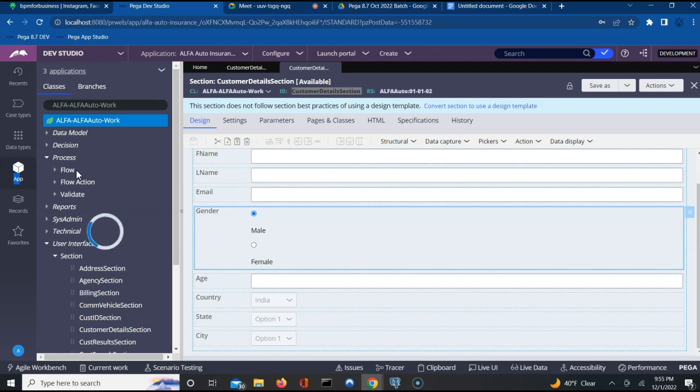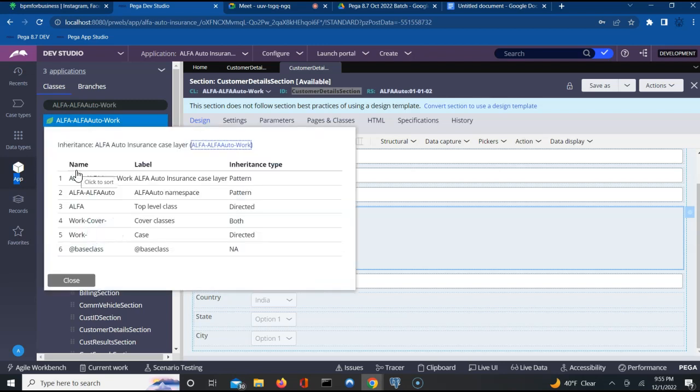If you visit the session which we did on classes, you will know that Pega follows pattern and direct inheritance. What does that mean? For example, this rule can also be created under the alpha class, just the alpha class. So how exactly will Pega look for a given rule in a class? For example, if the rule is available under the work class, it will look here. If it is not available, it will go to the next inheritance path. In the inheritance, it is showing the next place where the rule will be looked for is alpha hyphen